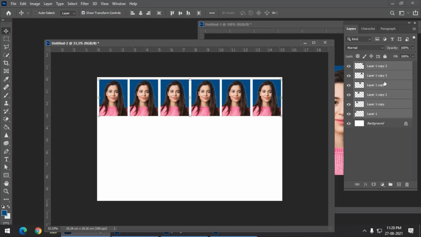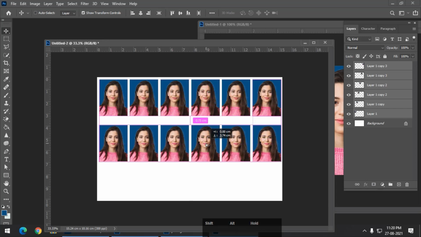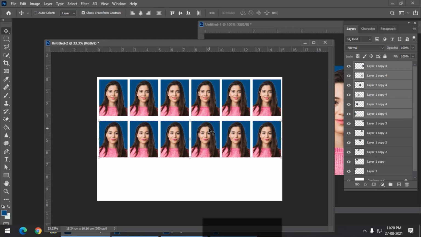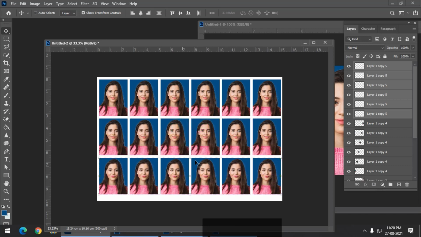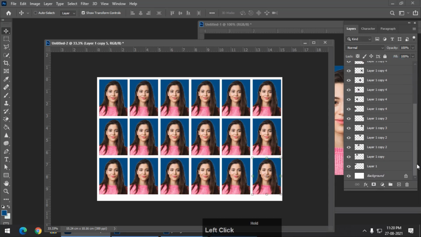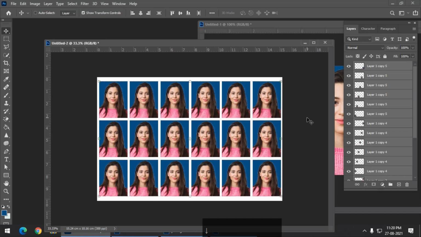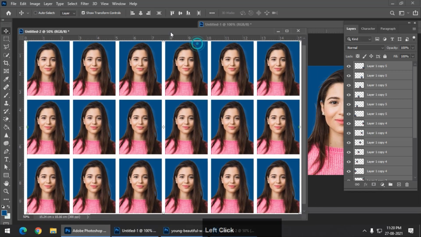Now again, as we have already selected all the layers, press and hold the Alt key or the Option key in the Mac and Shift for alignment and place it over here, maybe using the arrow key again. So looks pretty good, simple as that. Now again I'm going to click over here and press and hold Shift key and click the bottommost layer, and you can change the position of all the photos together. Keep it accordingly as per your liking. Now our print is ready.